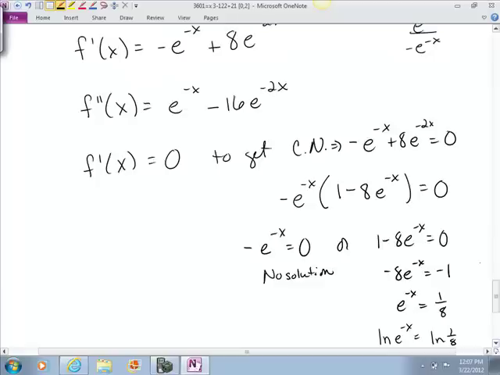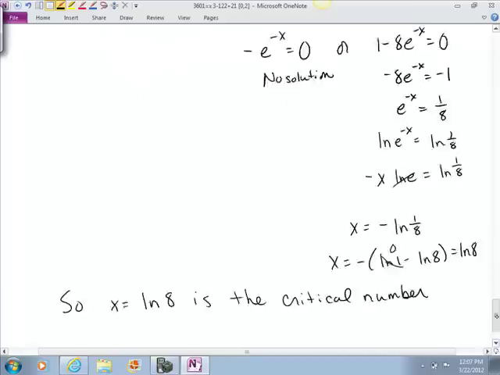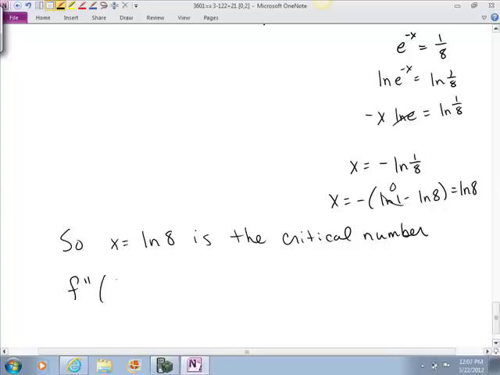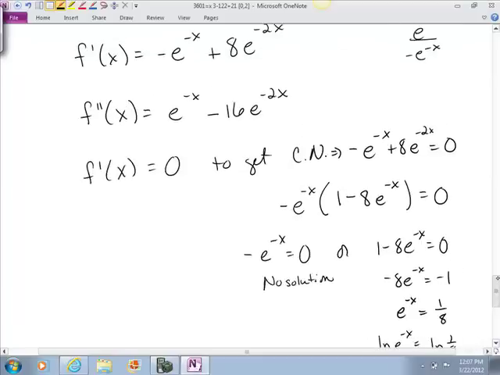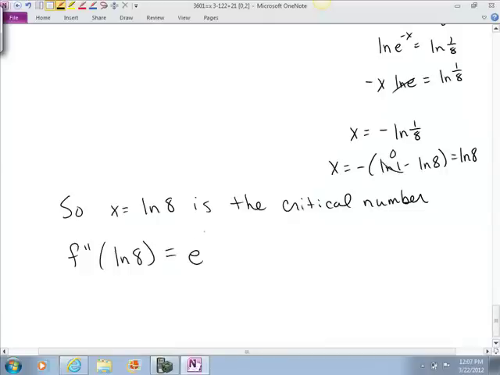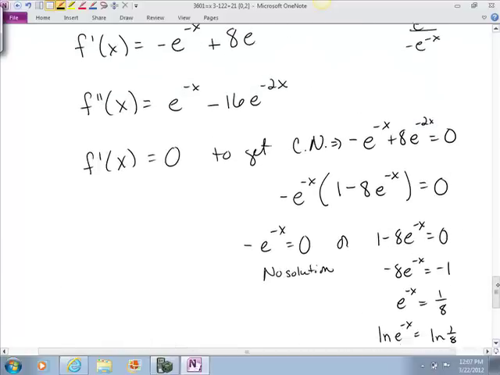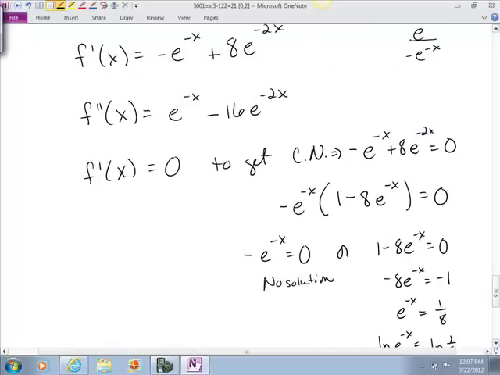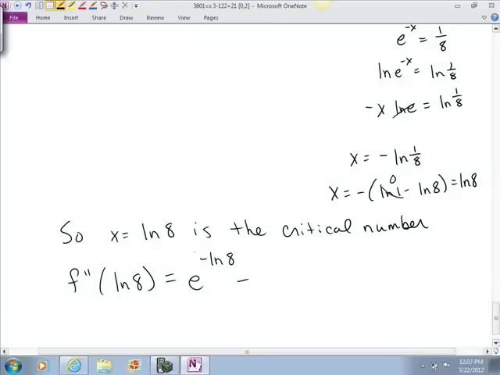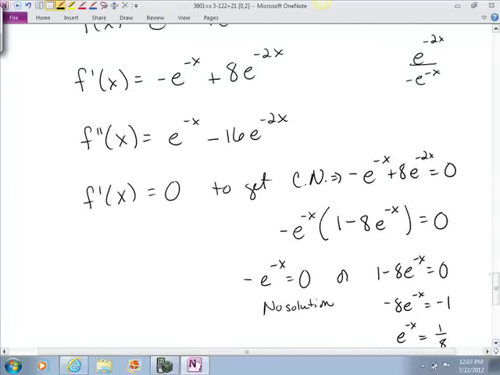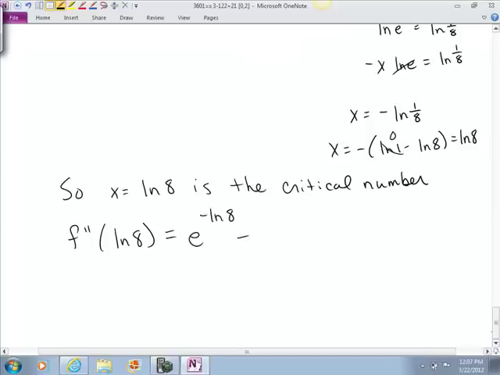what we do is we plug it into the second derivative. So f double prime of the ln of 8 is equal to, right, so it was e to the negative x minus 16e to the negative 2x. So this is going to be e to the negative ln 8 minus, or was it just ln 8? Where do I get the negative? Oh, because it's a negative x. E to the negative x. And then minus 16e to negative 2 times the ln of 8. Okay, and then